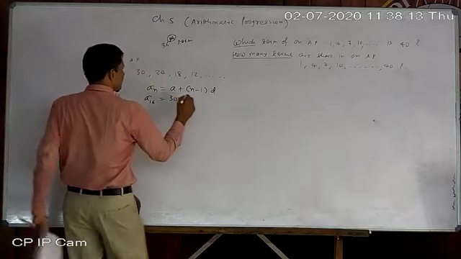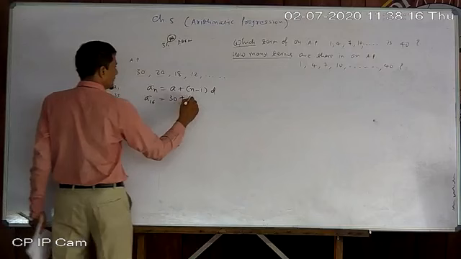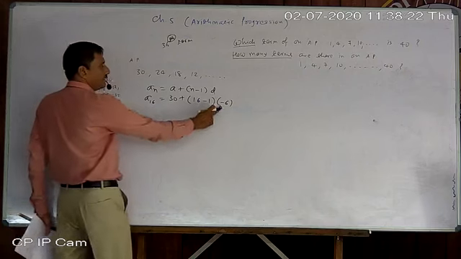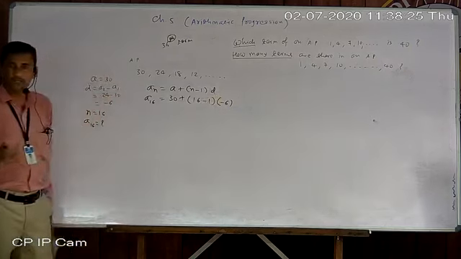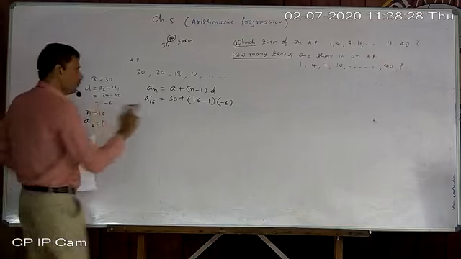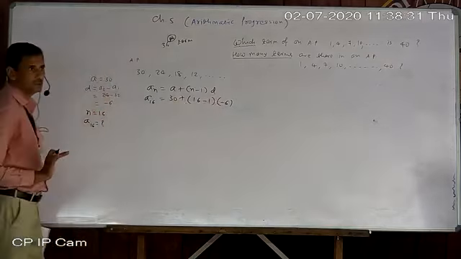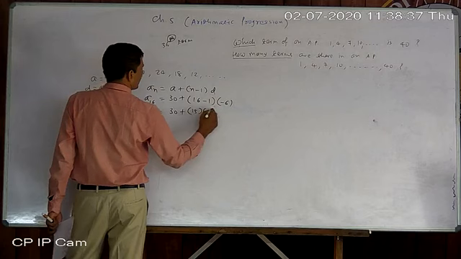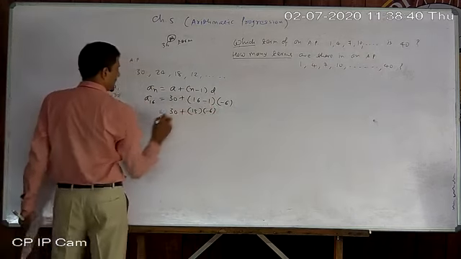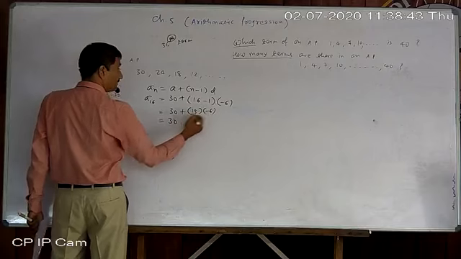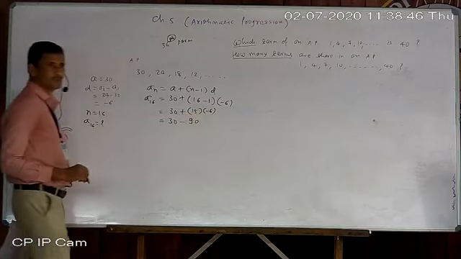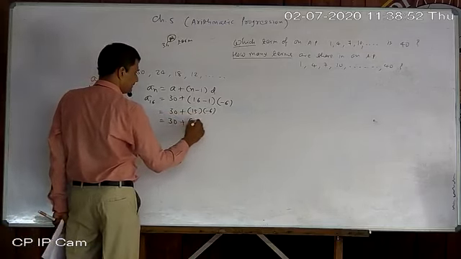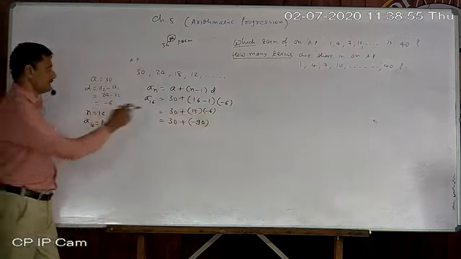So suppose the 16th term. Here it is given 16 minus 1 and d is minus 6. I told you, always keep the value of d inside a bracket. If no bracket is used, then the meaning will be different. So now it will become 30 plus 15 into minus 6. Now 30, plus minus minus. 15 sixes are 90. Be careful with your sign. Actually it will be minus 90.